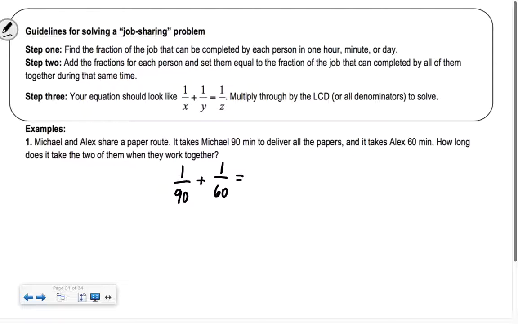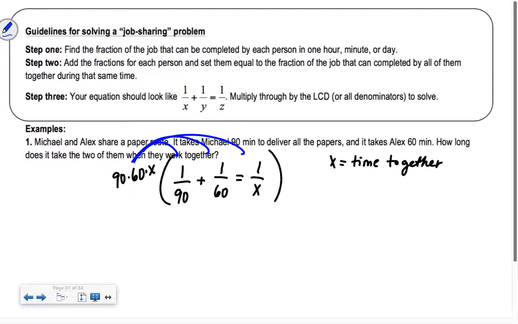So the 2 of them working together, we're going to say 1/x. So x is the time working together. And then we solve it out. You can make your common denominator something smaller, like 180. That would be easy, 180x. Or you can just do the 90 and the 60 and x. I kind of just do all of them because I don't have to think about getting a common denominator on this one. So when I multiply this in, we end up getting 60x, right? Because the 90's cancel. And then on the next one, the 60's cancel. So plus 90x